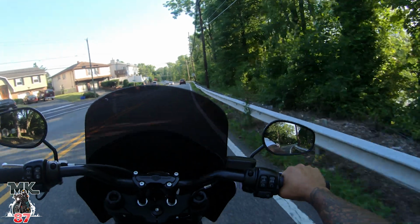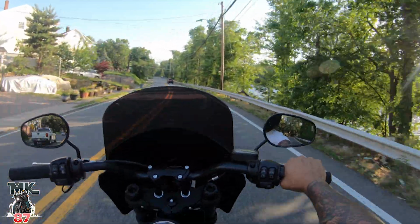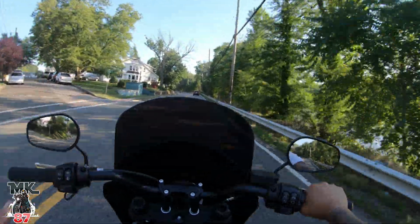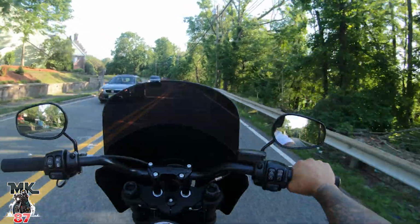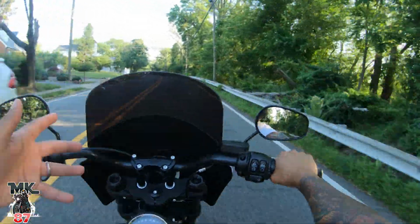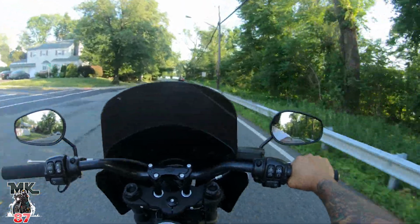I mentioned before that I got this helmet for $20. So I'm gonna let you guys know how I went from $150 to me only paying $20. When I first got my Iron 883, I did the poker run. Anytime you buy a bike at your Harley dealership, they do the poker run, the poker card game, and they go around for each department and you gain points depending on what cards you pick out. So I had gotten like 100 points,